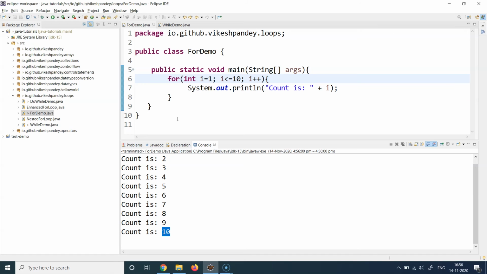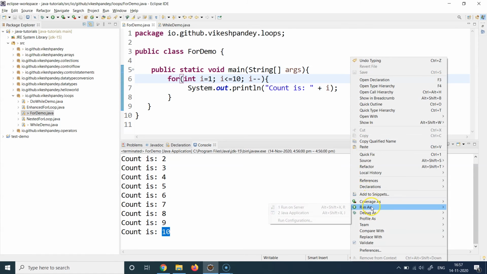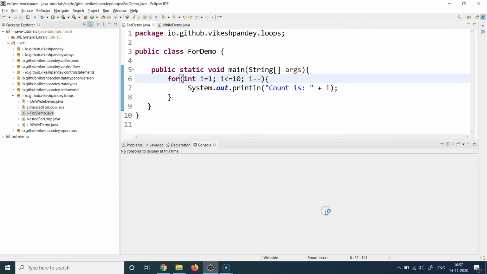You can also run some infinite loops. For example, if I say i equal to 1, I leave it that, and I say i minus minus. So what happens? i equal to 1, 1 is less than 10. Yes, it goes here, prints the value, and then I decrement the value. I don't increment the value, I decrement the value. So whatever value comes out will always be less than 10, and this loop will run forever. For fun, let's try to run this, and I will have to kill this program manually, but just to show you what happens and what you should not do in your Java program.